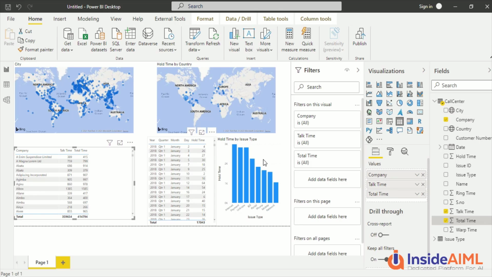So we have shown you how to create a table for issue type. Similarly, you could have tried it for company name. So pause the video here and try that table out. And if you are unable to create it, I'm going to perform those steps quickly and leave it for you, so you can go ahead and check it out.